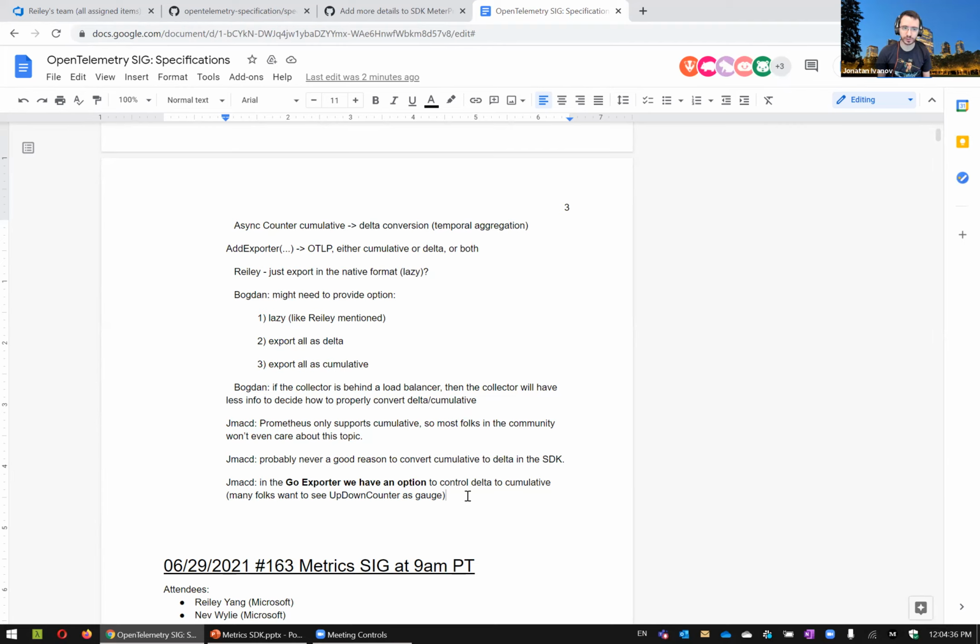Okay. Eventually, because of Prometheus, Hotel needs to support both, right? The protocol has both. We're waiting for a wide user base or a number of vendors and an open source ecosystem to just support deltas. And what's the motivation for me? It's that we can do high cardinality at some point with deltas.